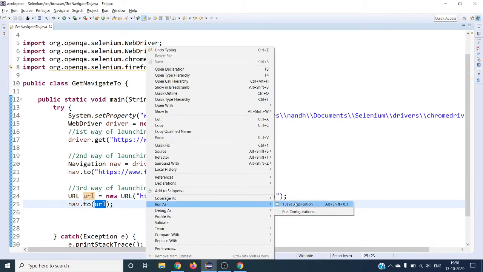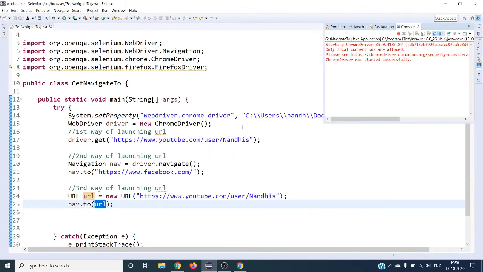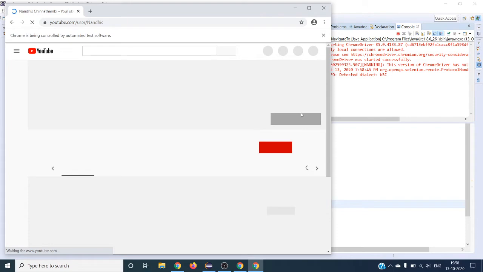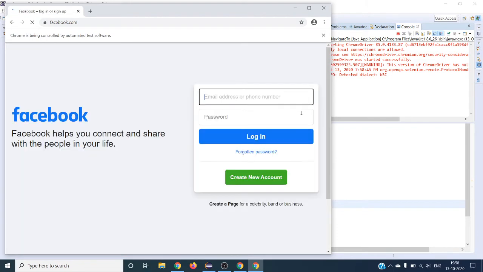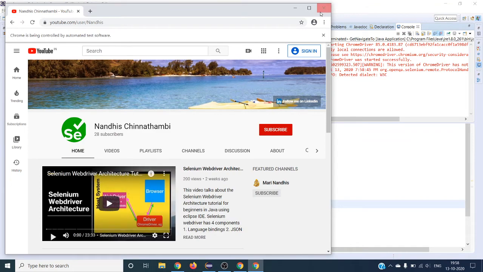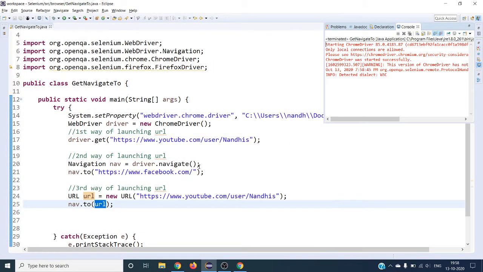So let's run and see. First it has to open youtube.com, and facebook.com, and again YouTube. So these are the three different alternative ways that it is opening.